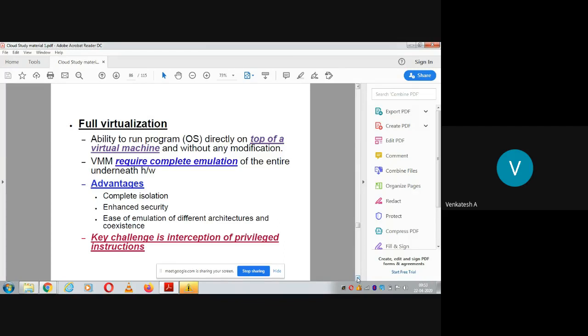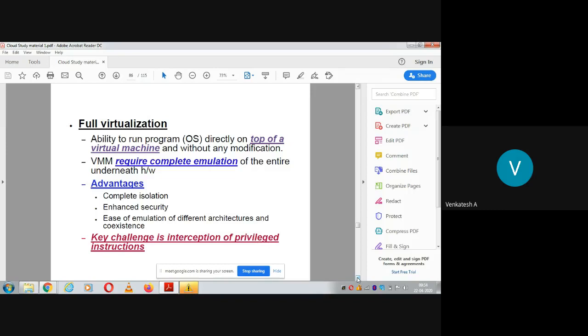For example, if we want to achieve full virtualization, that means once we install the hypervisor or the VMM, upon that we will be installing a guest operating system. If that guest operating system supports virtualization without expecting any modifications to it, then we can say that yes, that supports full virtualization. So when we do full virtualization, after installing the operating system upon the virtual machine, we need not do any patchwork or any modification to the operating system. That is called full virtualization.